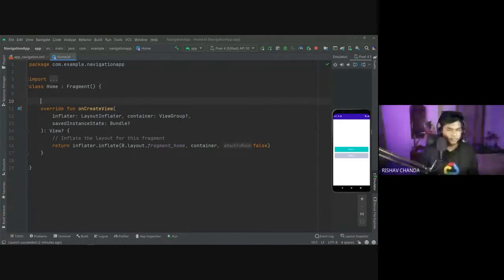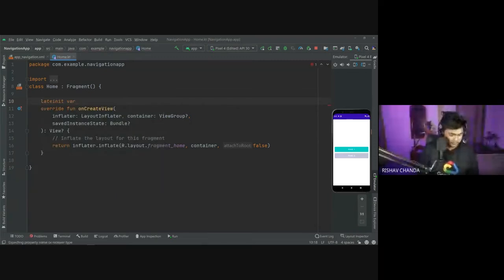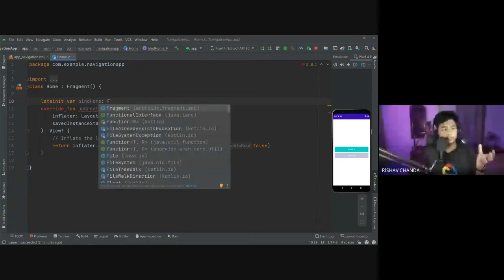So the same thing we have to write as we have written in our activities also. I would write lateinit var, and then we have to define this one, binding, home, and here you have to write the fragment, because in activities you have written activity main binding.